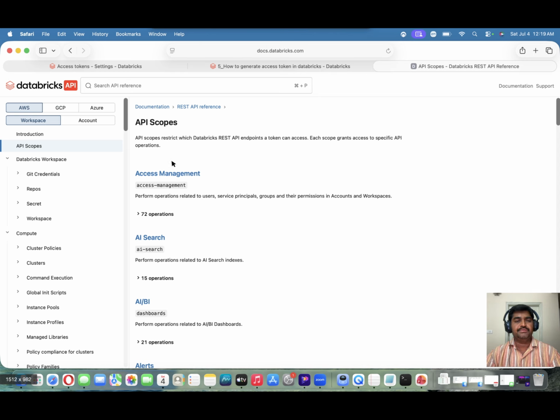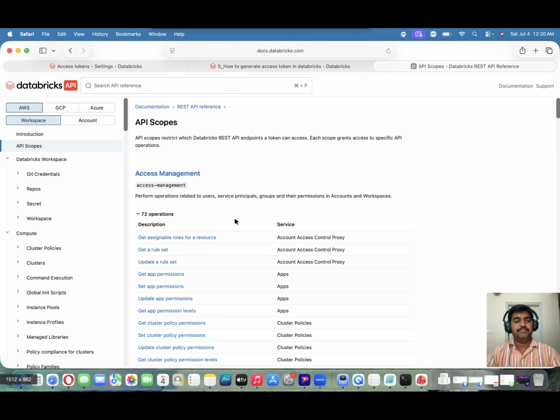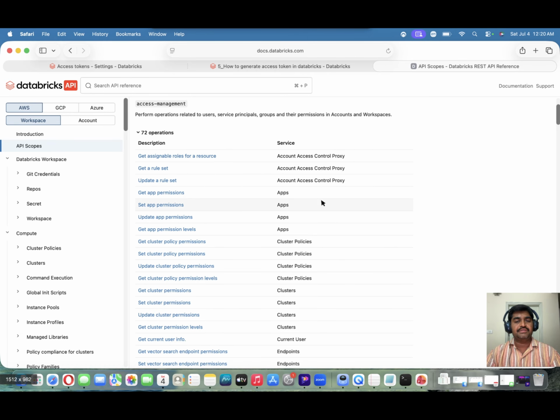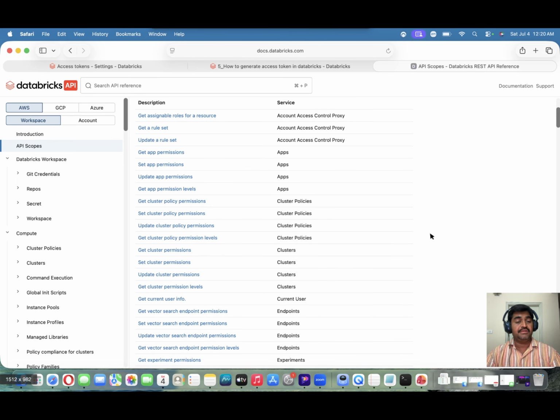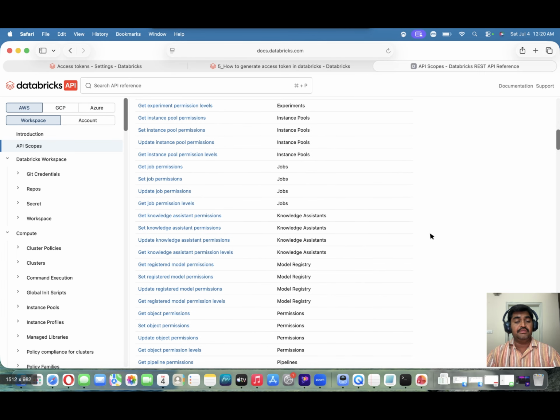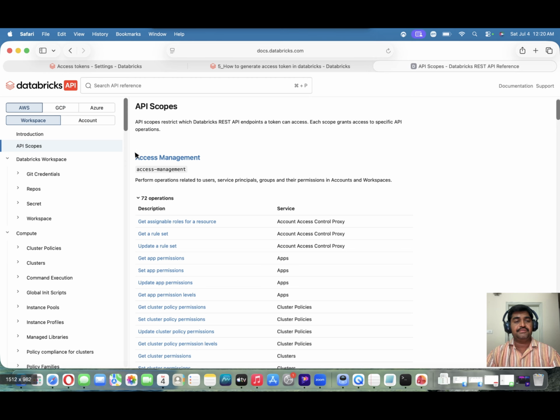So, API scopes. Sorry, the first one is access management. Access management is to perform operations related to users, service principals, groups, and their permissions in accounts and workspaces. In access management, we have 72 operations we can perform. If you create an access token for this one under access management, that means